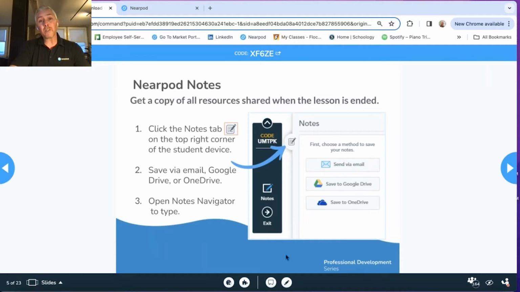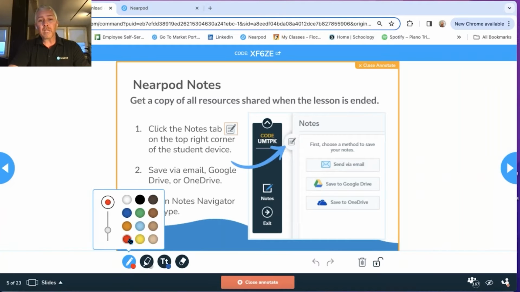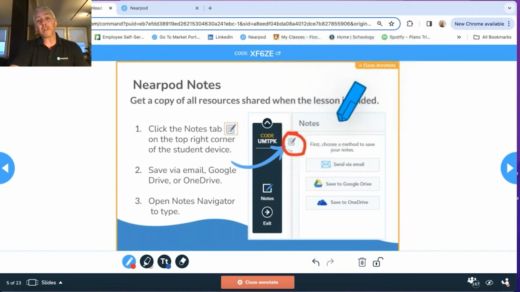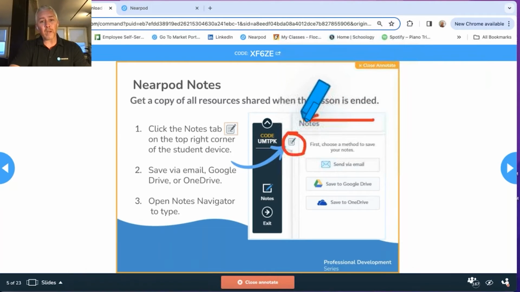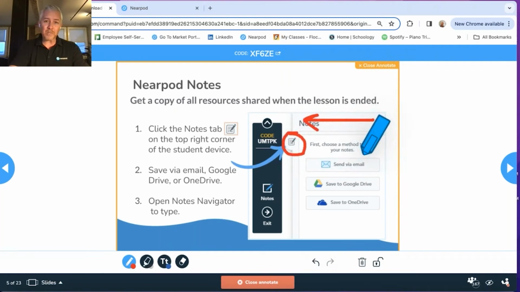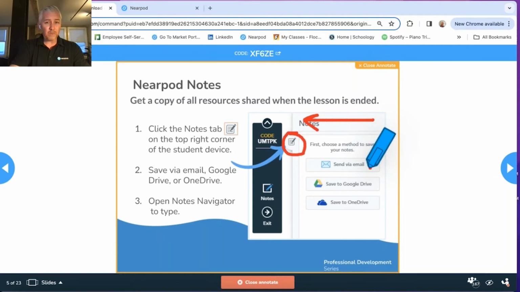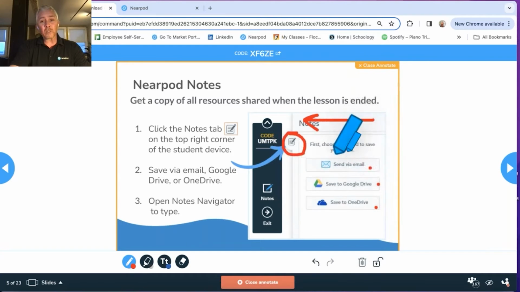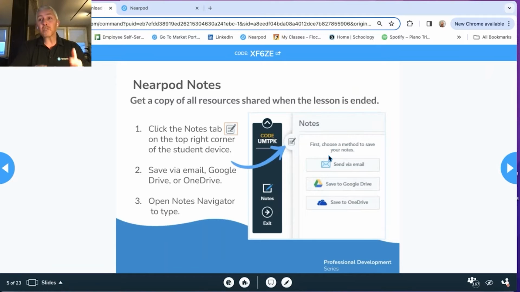Now, I'm going to invite you to take notes during this session as well, using Nearpod's note-taking feature. If you take a look in the lesson that you're in with me, you'll see this little paper and pencil on the upper right-hand side. When you click on this, this screen will pop out to the right and will ask where you want these notes saved. They'll be sent to your email, saved to your Google Drive, or saved to your OneDrive. Once you choose that location, this little screen will go blank and you can take notes out to the side. This is an extremely powerful tool